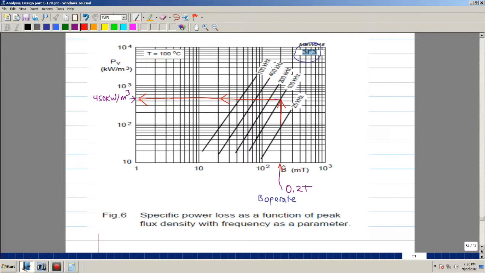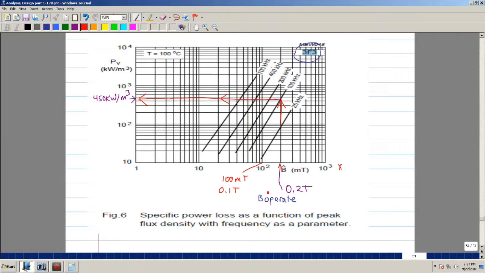And if you notice your x-axis, the units are milliteslas. This is 10 millitesla. That would be 100, which is really 0.1